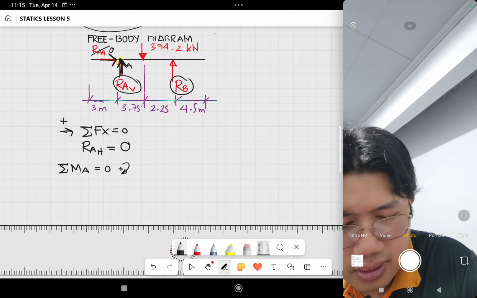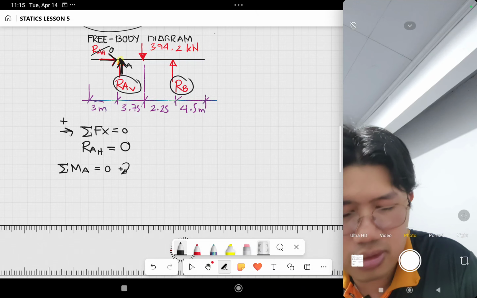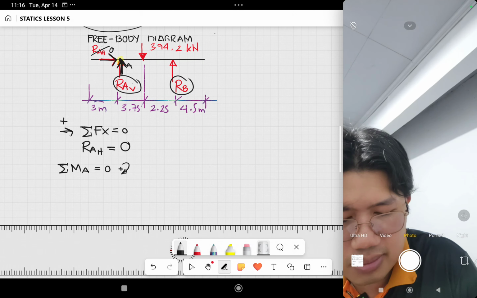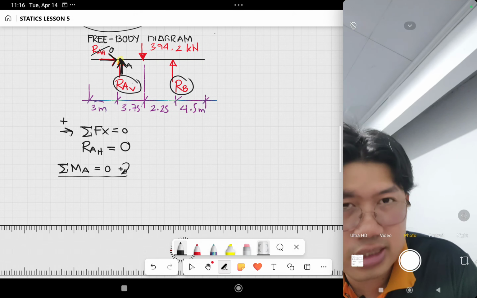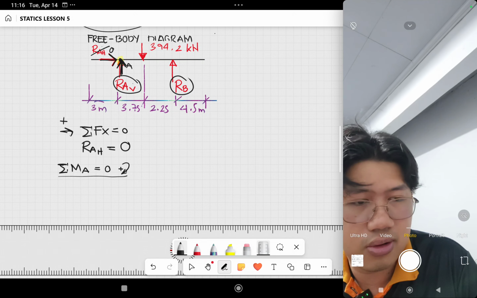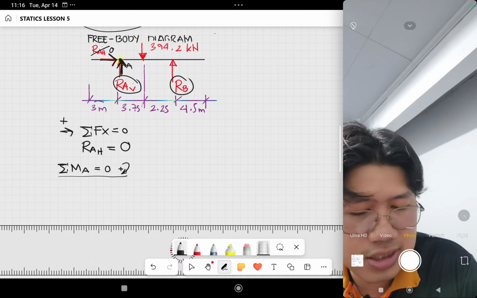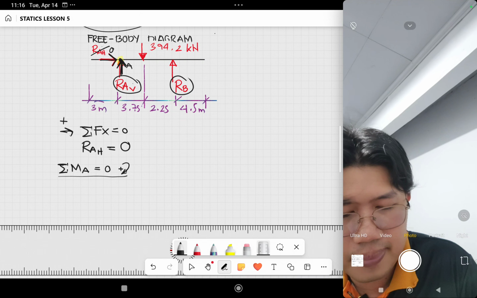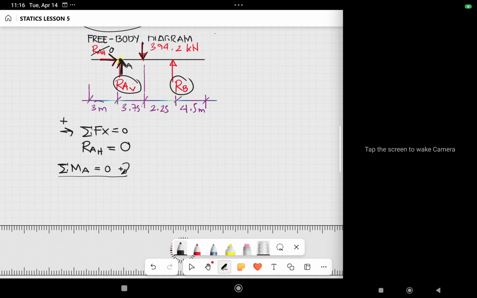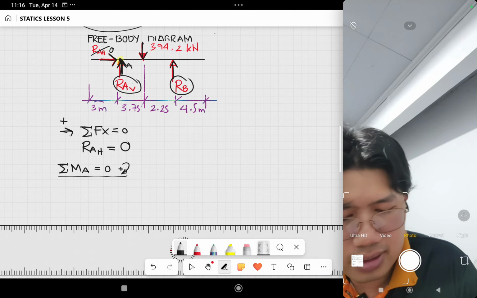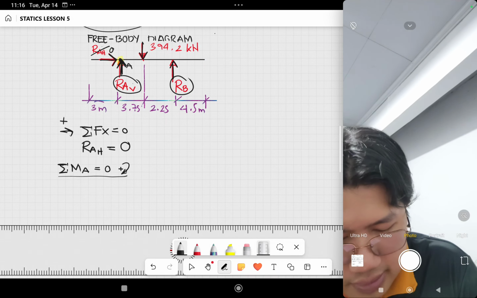So at our equation, summation moment at A, hindi lilitaw sa ating solution si RAV and RAH when we take summation moment at A. So ang lilitaw lang is yung mga forces that are not acting, or that are the forces that does not pass through at point A. So ano yung mga yon? Una is we have 394.2, it does not pass through point A and reaction sa B. Okay? So unahin na natin si RB. So RB,